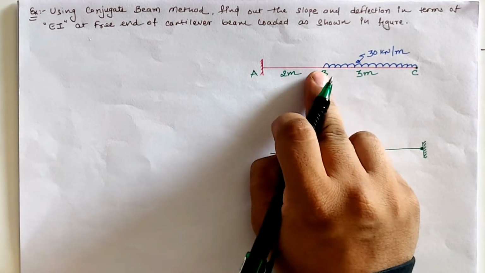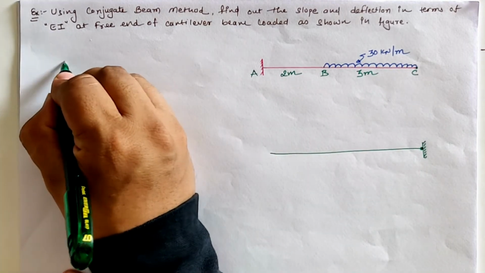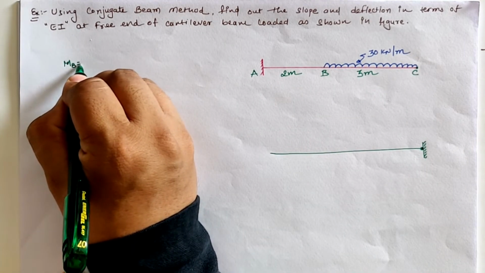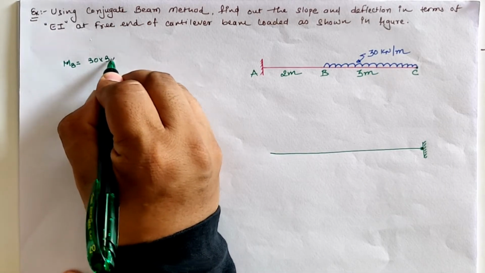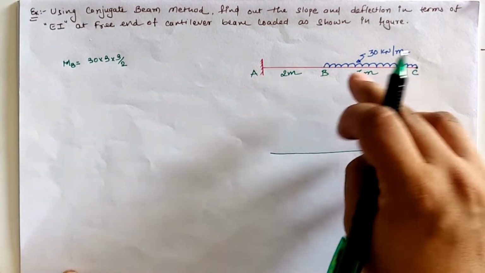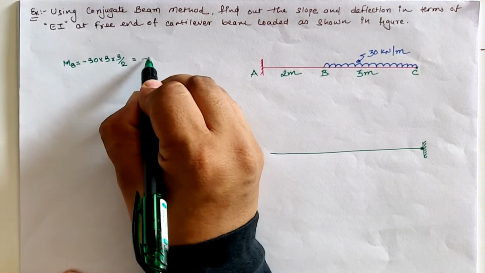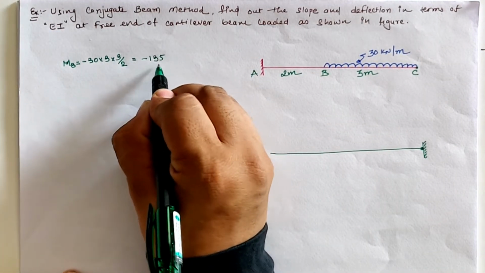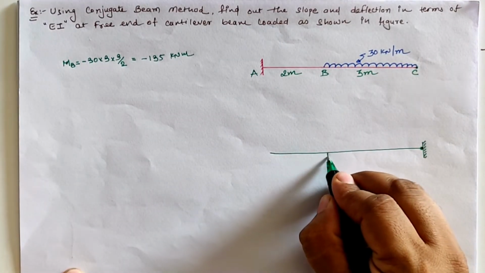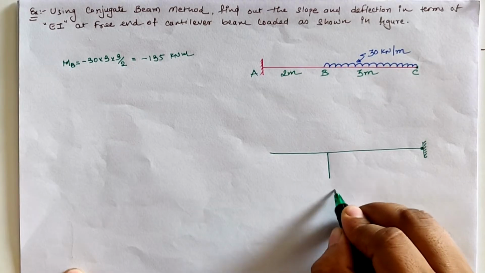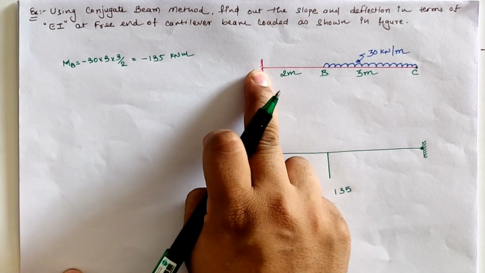If we take the point B and calculate the moment in the right hand direction, then at location B our value is 30 into 3 into 3 by 2, and the right hand side clockwise moment is negative, hence our value is minus 135 kilonewton meter. So at location B the value is 135, and if we take the moment at location A,